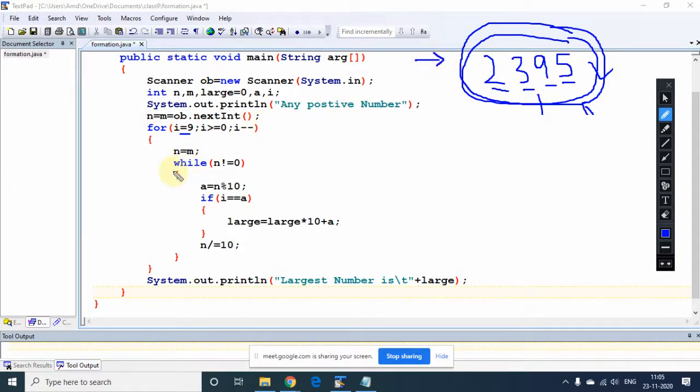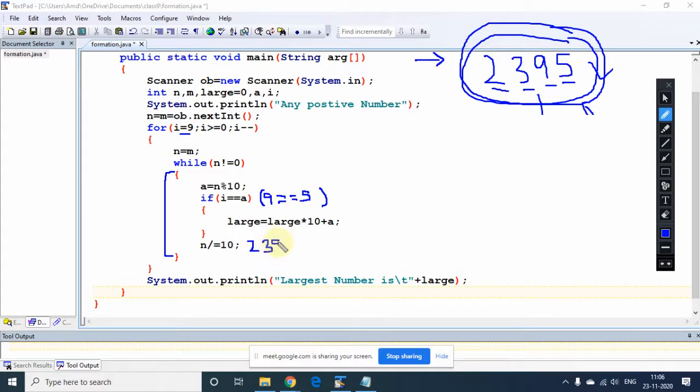So from this loop, please pay attention. 2395 is not equal to 0. So first of all we are extracting 5. So 9 equals 5? No. This condition is false. So this won't work. So directly we are coming, so the number becomes 239.